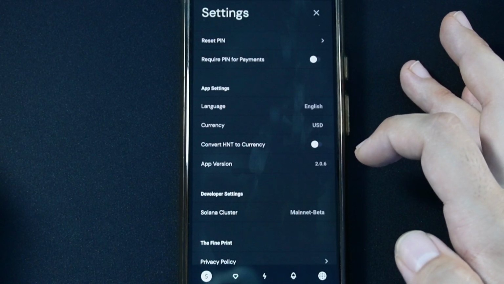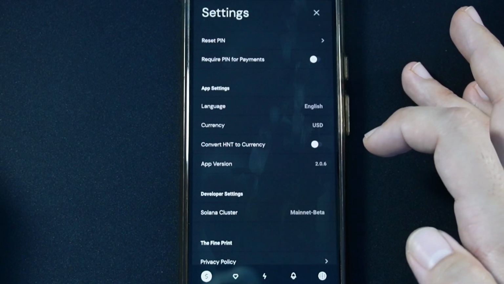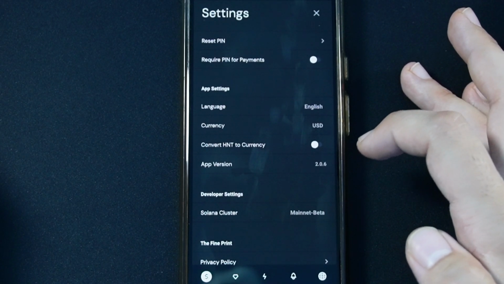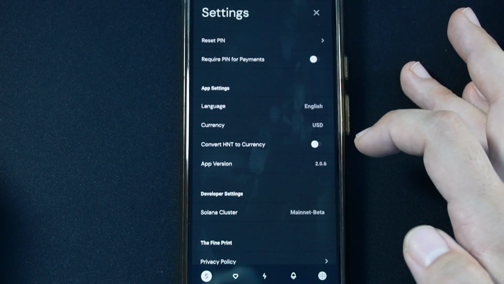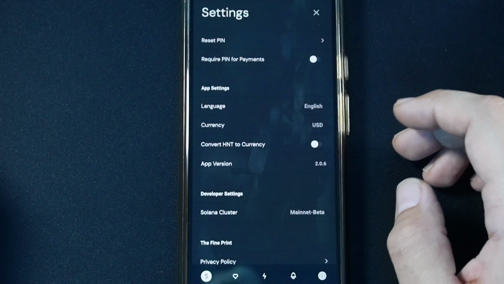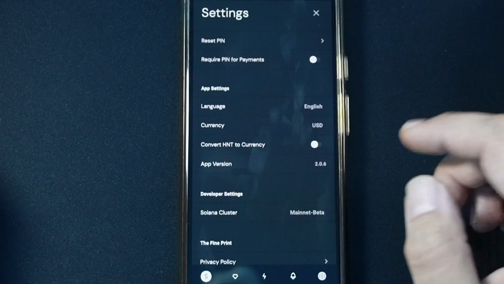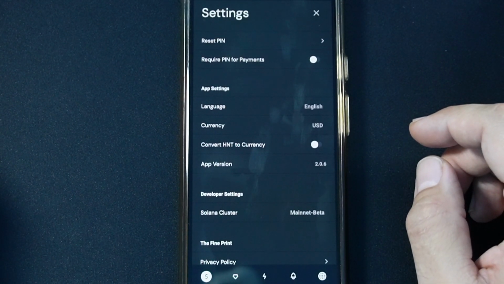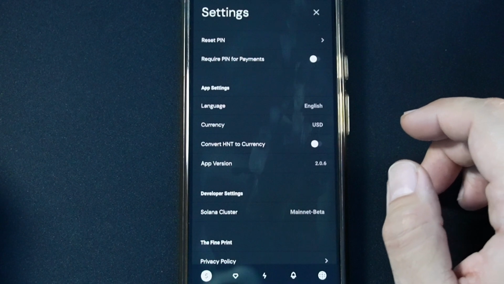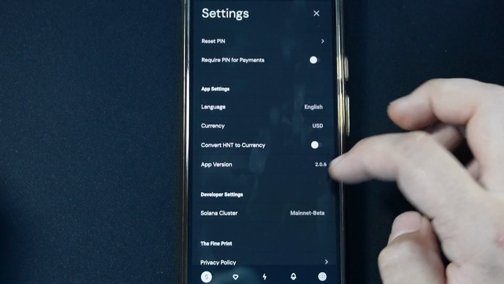Okay, so if you're still having issues doing anything, I would recommend making sure you're here, downloading, update it if you haven't already. If you're still having issues, I know a few people have said that deleting the app and then reinstalling it did actually fix some of the issues. Okay, as far as especially with having your balances and such appear correctly,